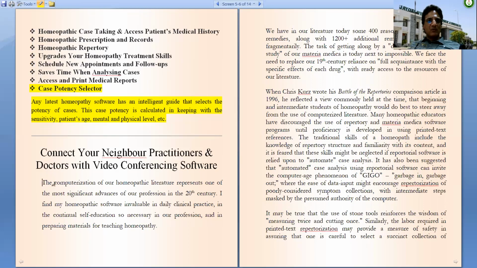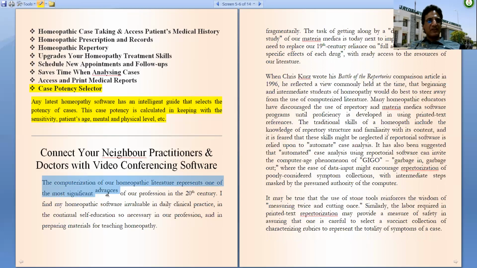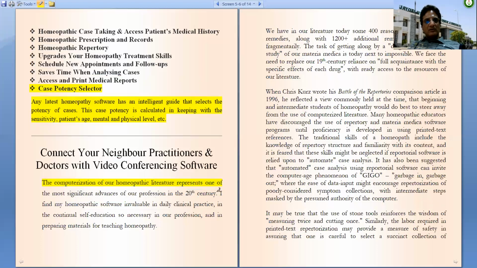The computerization of our homeopathic literature represents one of the most significant advances of our profession in this century. I find my homeopathic software invaluable in daily clinical practice. We have in our literature some 400 reasonably well described remedies and 1200 plus additional remedies which are known fragmentarily.